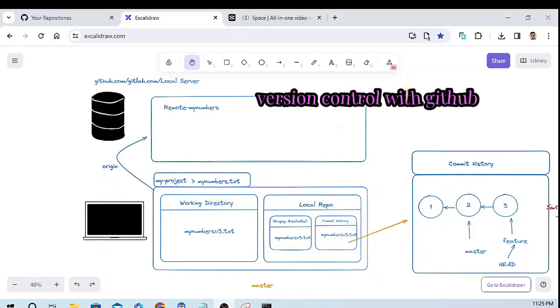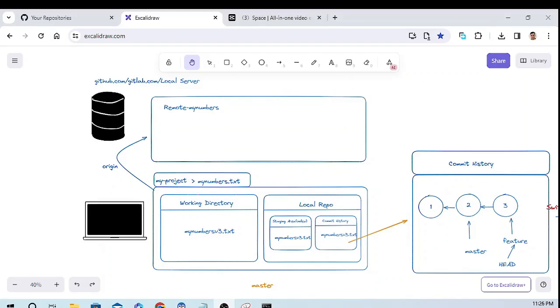Hi everyone. In previous sessions, we talked about local repositories. In this session, I'm going to talk about remote repositories. Remote repositories could, as per my understanding, be GitHub, GitLab, Bitbucket, or other Git-based repositories, or even be on a local server in your company on which you already got GitLab or GitHub